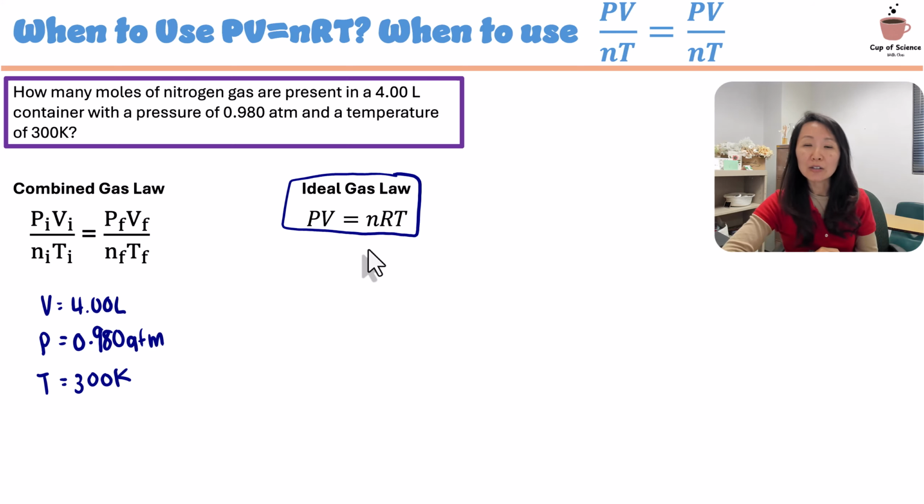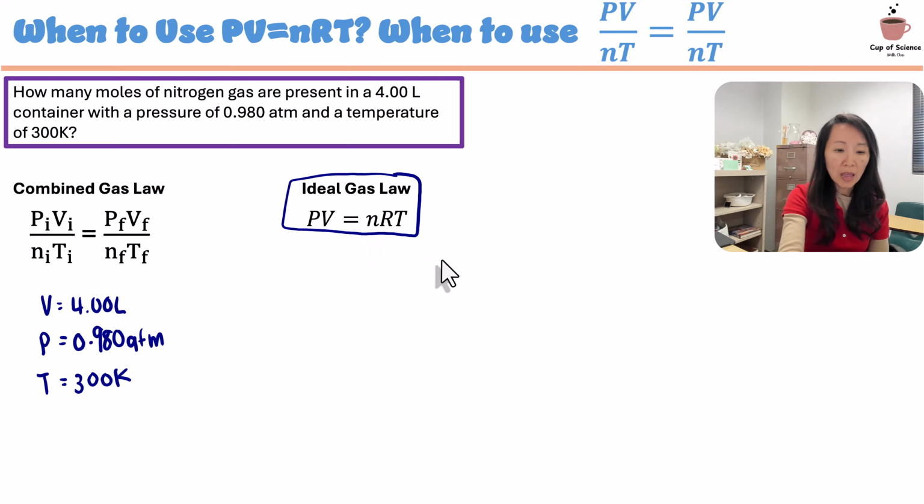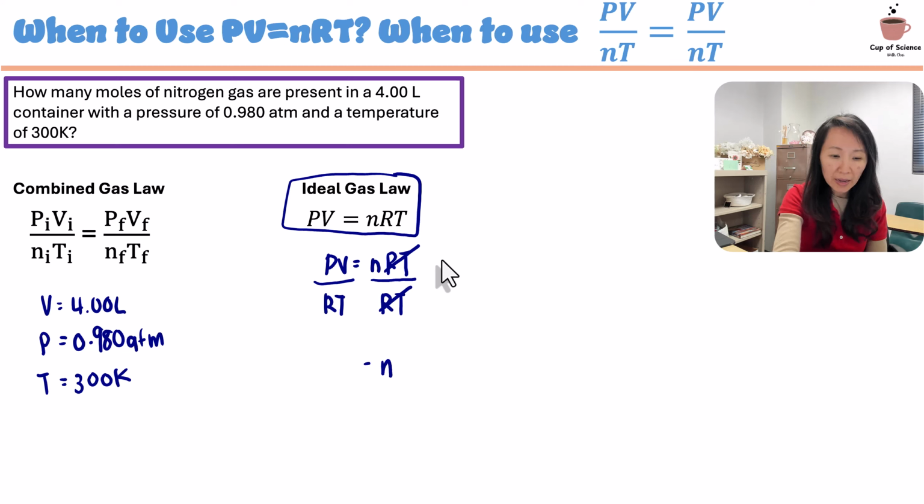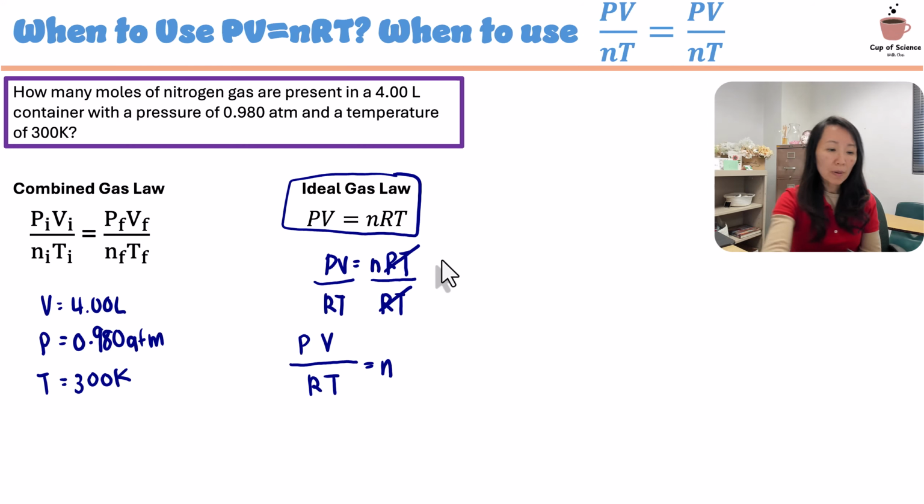So let's go ahead and use that, and we want to look for n, the number of moles. If we have the ideal gas law, PV equals nRT, we're going to divide both sides by RT so that the RT cancels out, and we just have n equals pressure times volume over R times T. Remember that R is a gas constant. The value of R is